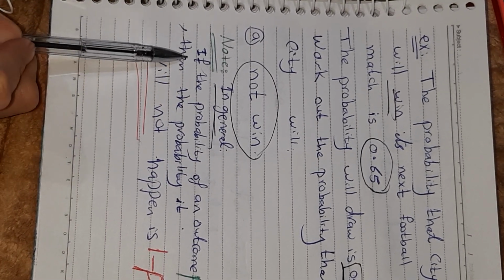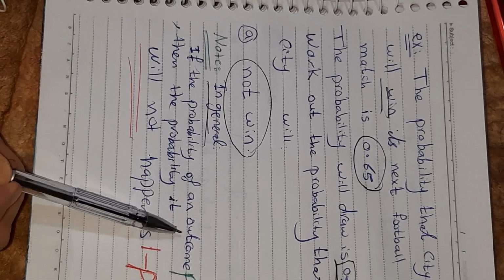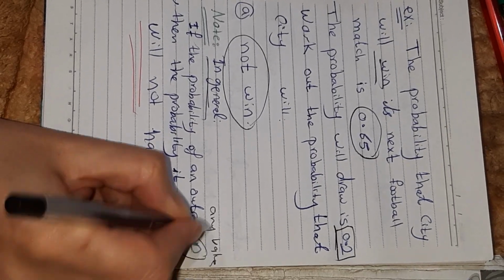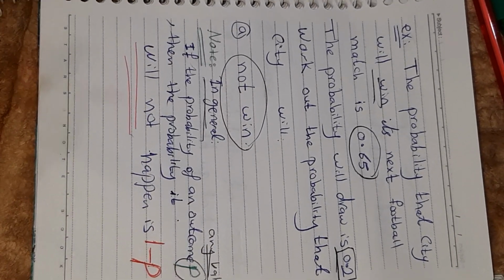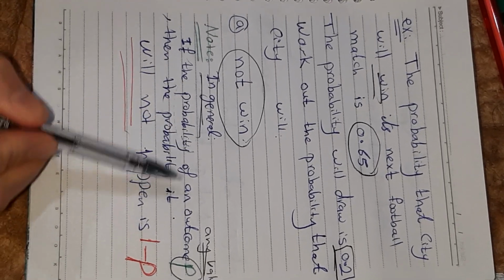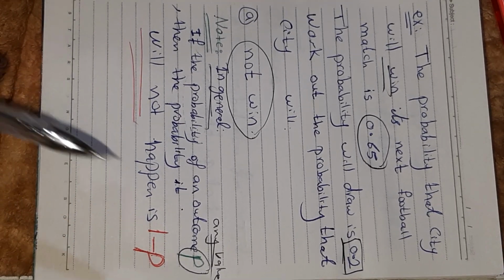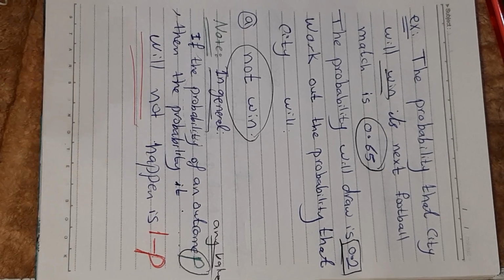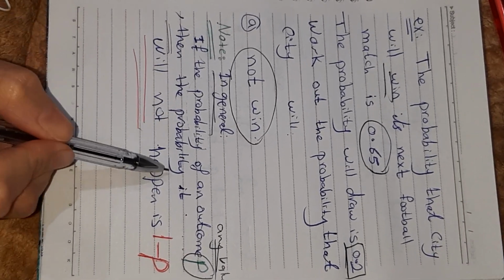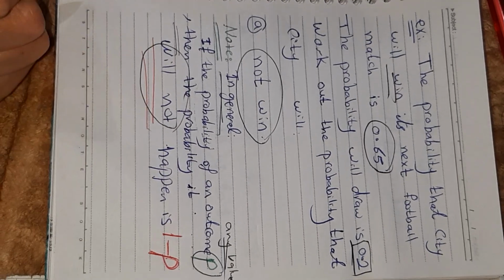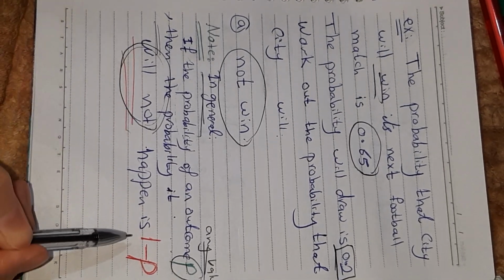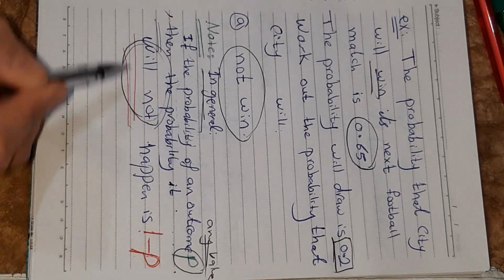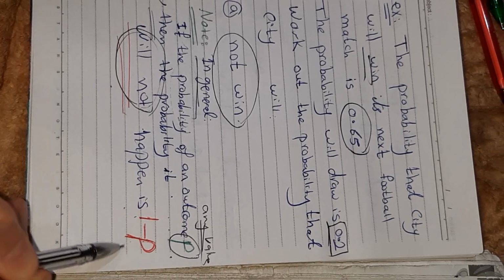Listen, if the probability of an outcome is P, just any number, any value. You have the probability of some outcome for some experiment, we don't know. It's a value, suppose for example 0.6. Then the probability it will not happen is 1 minus P. For example, if P here is 0.6, will not happen becomes 0.4,